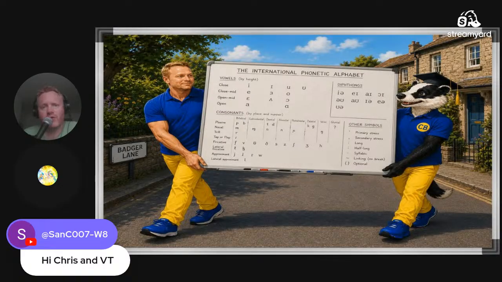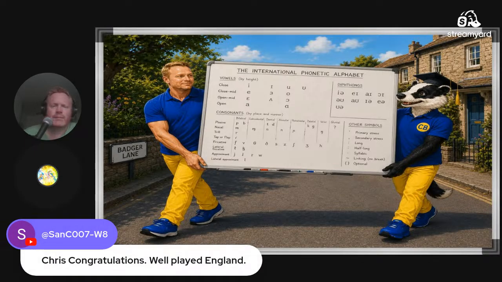Okay, so Chris teacher and Badger teacher go home with their new alphabet, and they're looking very happy with themselves. What are they going to do with this new alphabet? They are going to tell it to everybody. We can use it for all of our teaching, all of our lessons. We can help our students learn English and help them with their pronunciation. Make things a bit easier. Okay, next page, please.